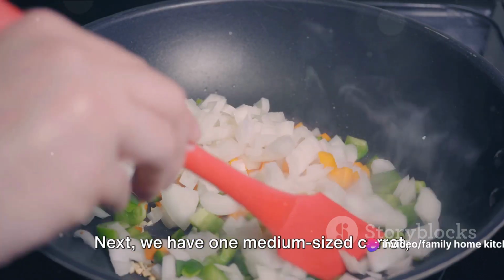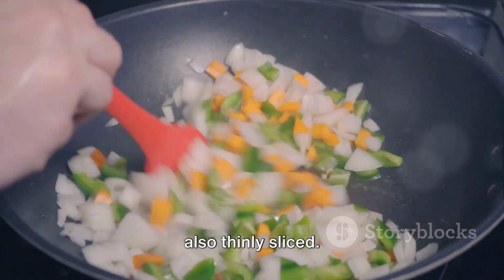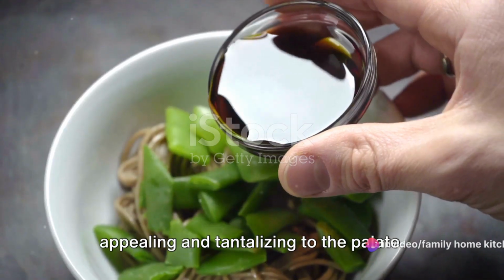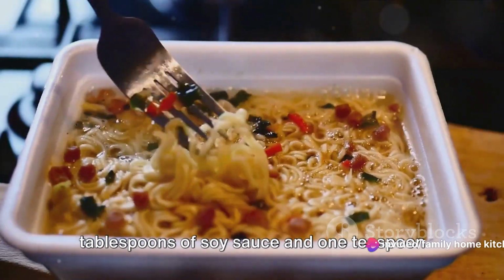Next, we have 1 medium-sized carrot, thinly sliced, and 1 hot green pepper, also thinly sliced. These add a touch of color and a hint of spice to our dish, making it both visually appealing and tantalizing to the palate. For the sauces, we'll be using 2 tablespoons of soy sauce and 1 teaspoon of black